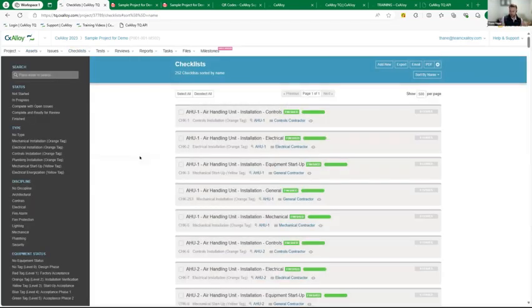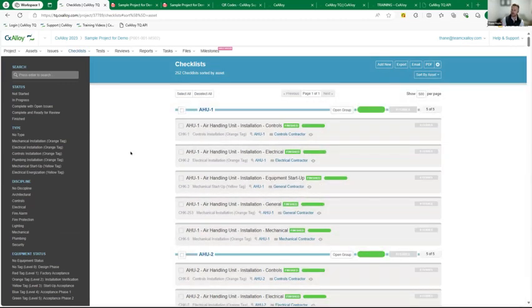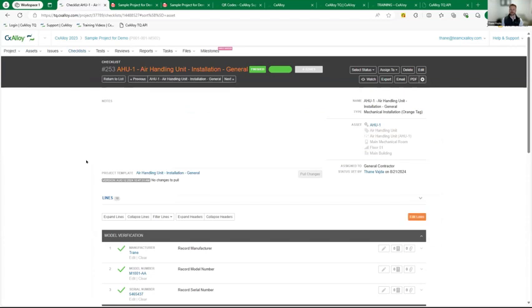And now I have, again, 252 checklists, which understandably is probably a lot to try and scroll through. So again, what we're going to do is we're just going to sort. So I'm going to sort it by asset, which is a piece of equipment. And I can now see that this air handling unit has these checklists associated with them. So I'm going to go ahead and jump into this one, the air handling unit general,